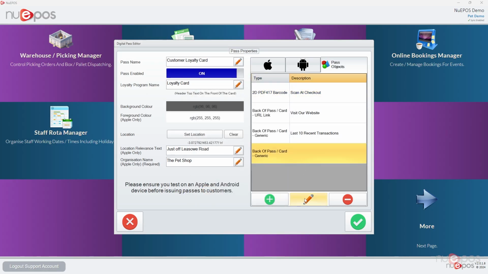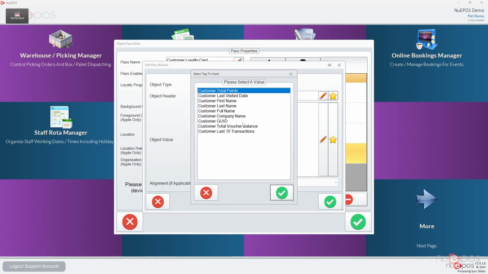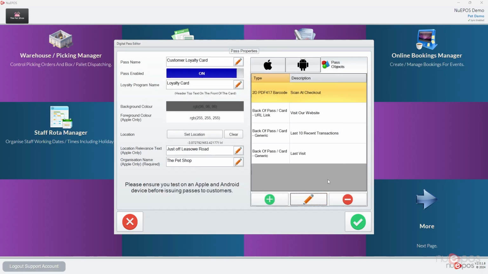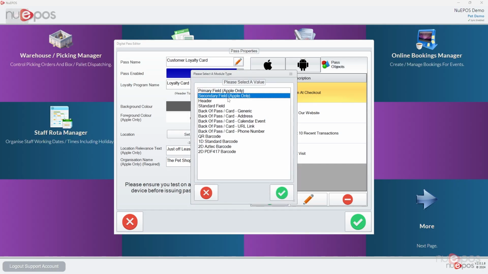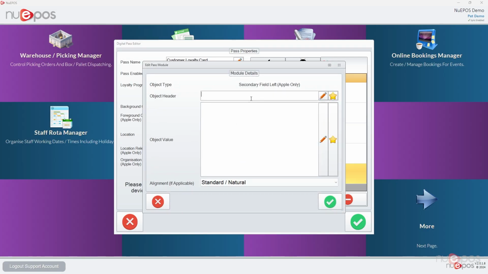Let's do another generic one more. And on here, I'm going to put perhaps their, let's put their last visited date. We'll put a header on that, press tick, and that's the back of the pass sorted. I can now add some header fields now. So let's do a secondary field. And I'm going to put,